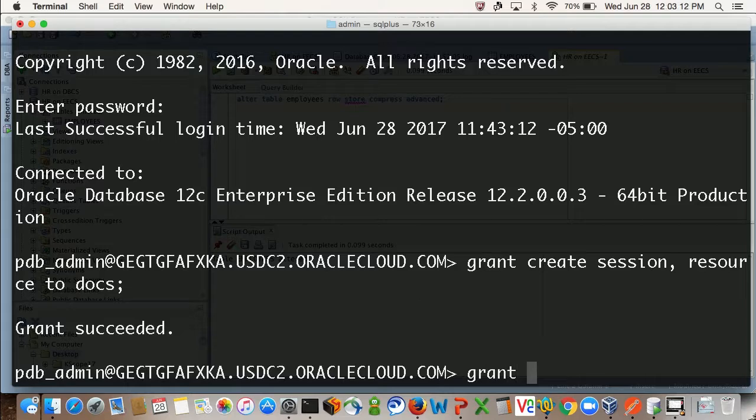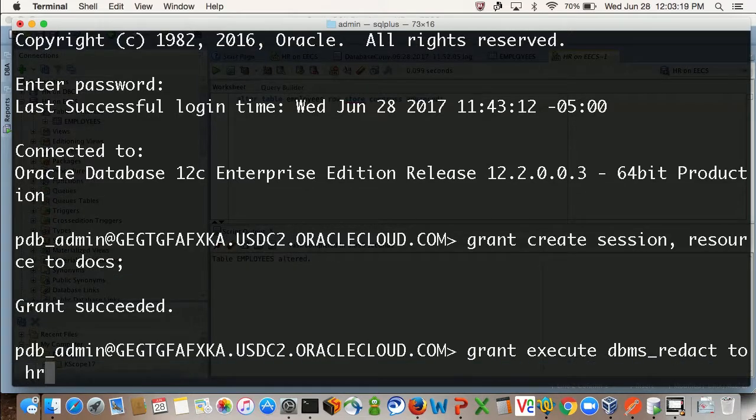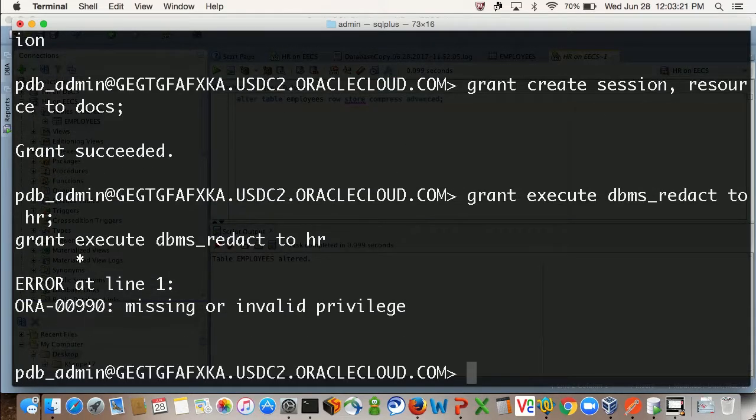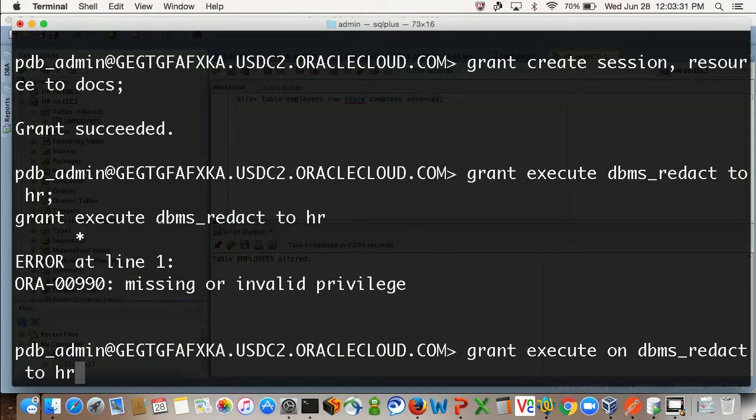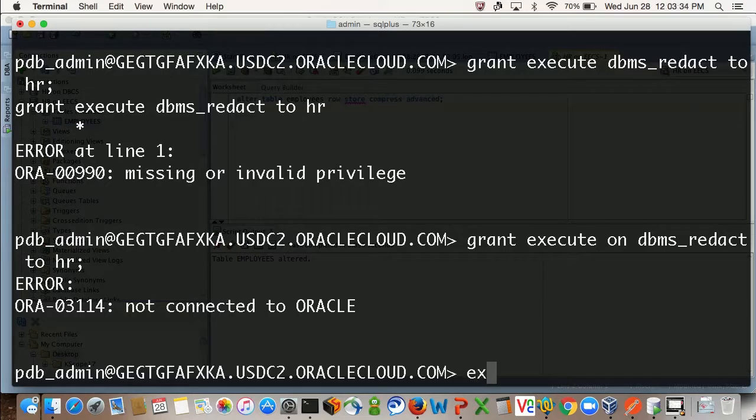So as PDB admin, if I grant execute on that package, DBMS_REDACT, to HR,